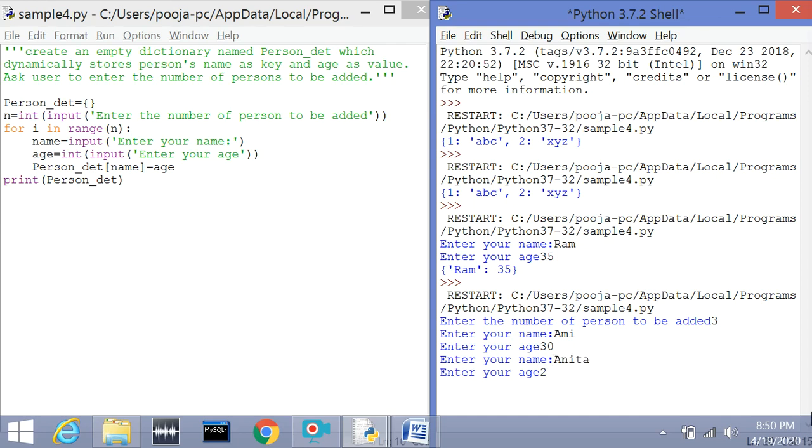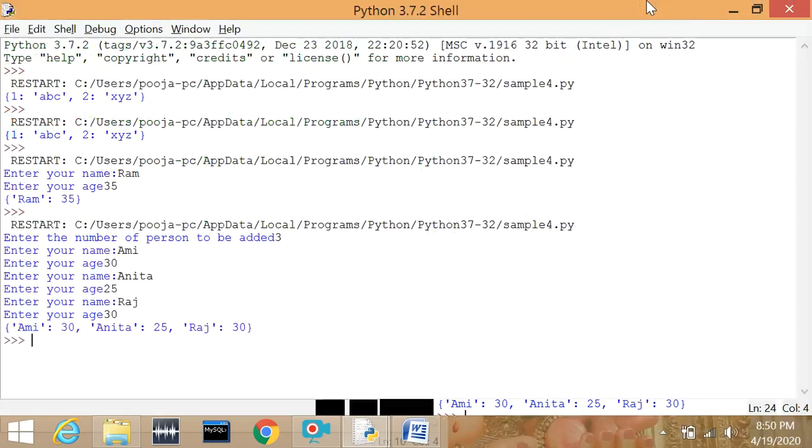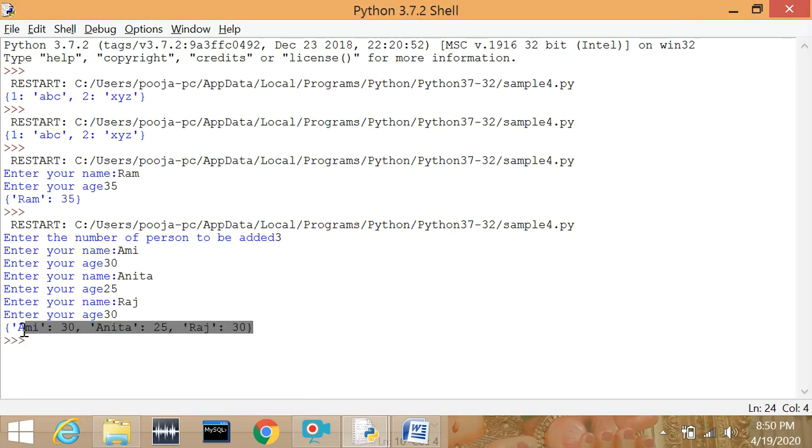Then age. Done. Third time it is asking because here we have said we want 3 persons to be added, right? So for the third name you can give any name here and any age. Enter. Okay. Can you see this? Your dictionary is done and all those records have been added to your dictionary.